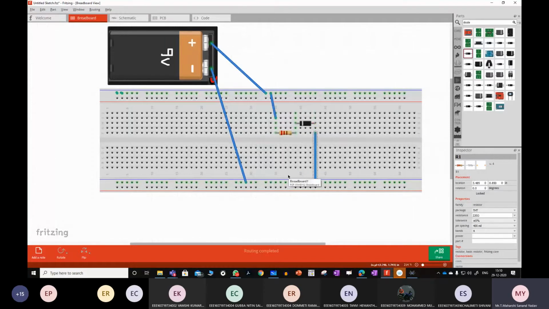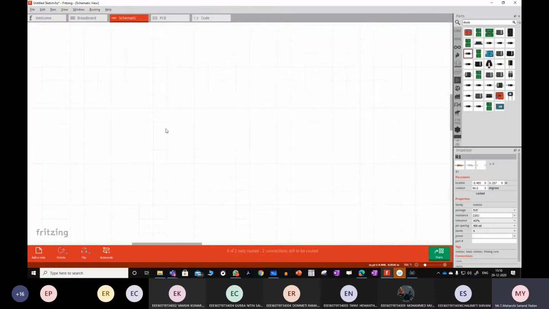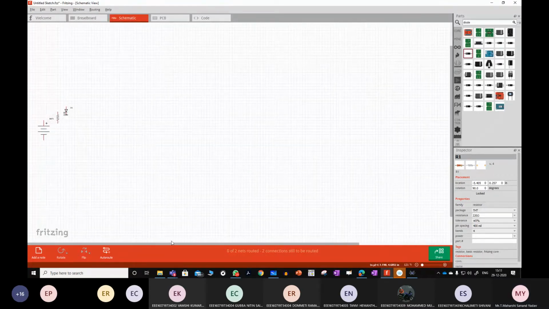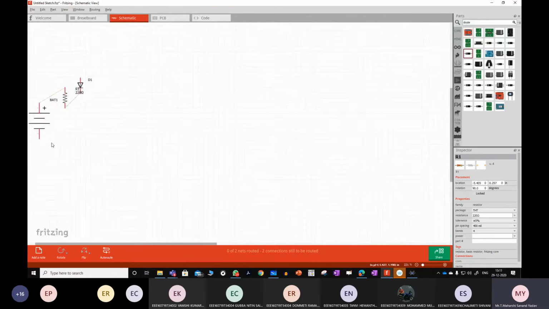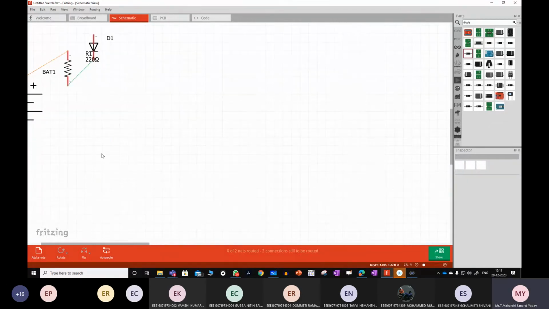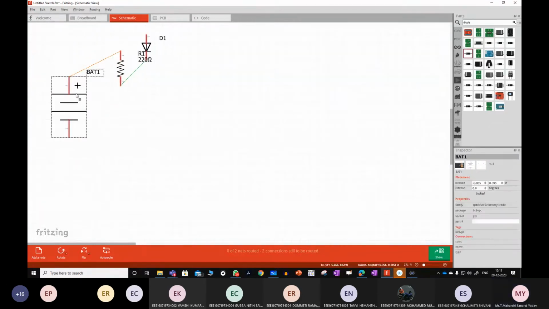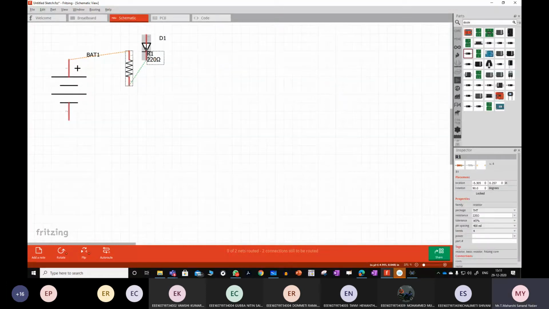Is this correct? Observe the diagram. See this? This is resistor. This is diode. Are there any connections missing here?